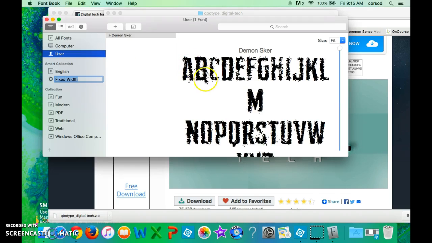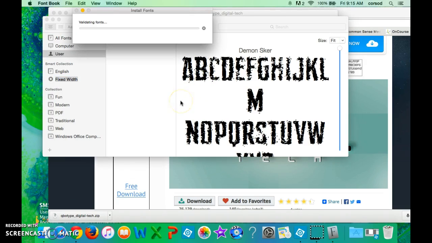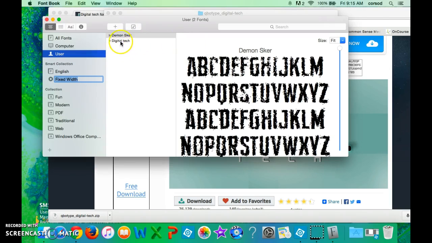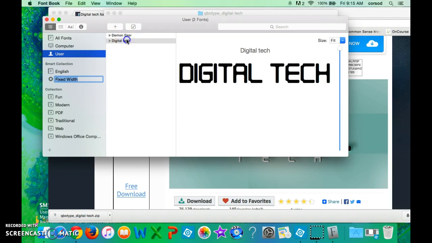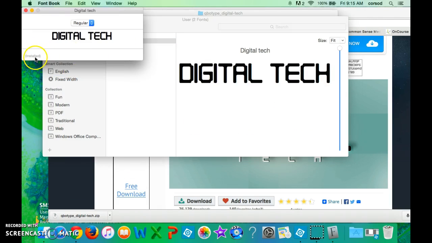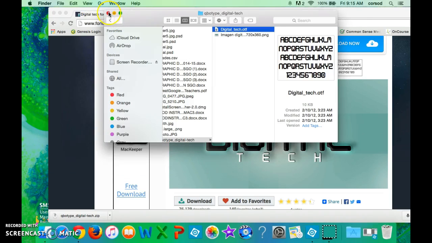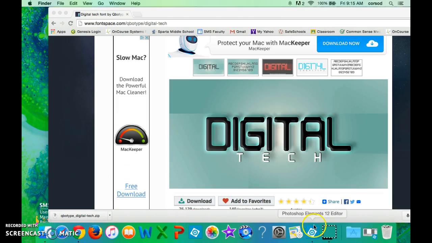Basically, I'm going to let this run. And after it's done downloading, it should appear right here. There it is. Now, just to double check, if I click on it, you can see that it says installed. So it's very important that you remember the name. So now if I go back to Photoshop,